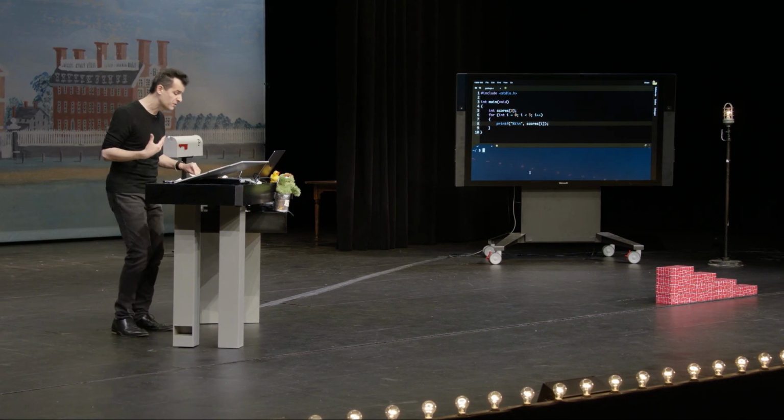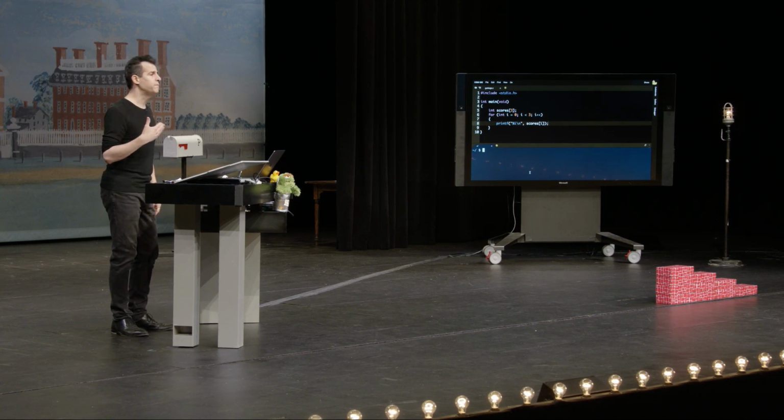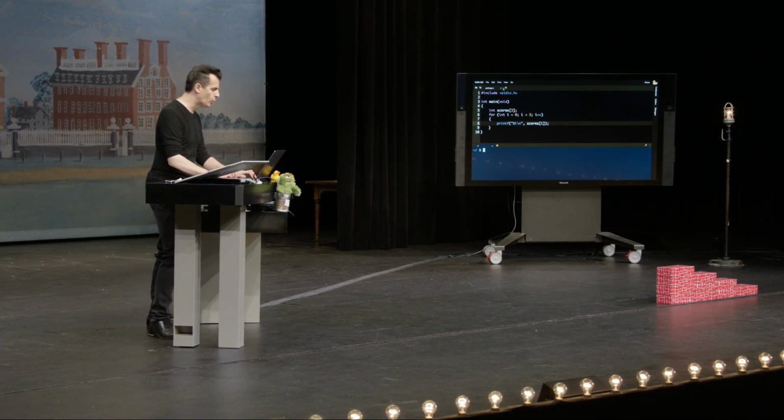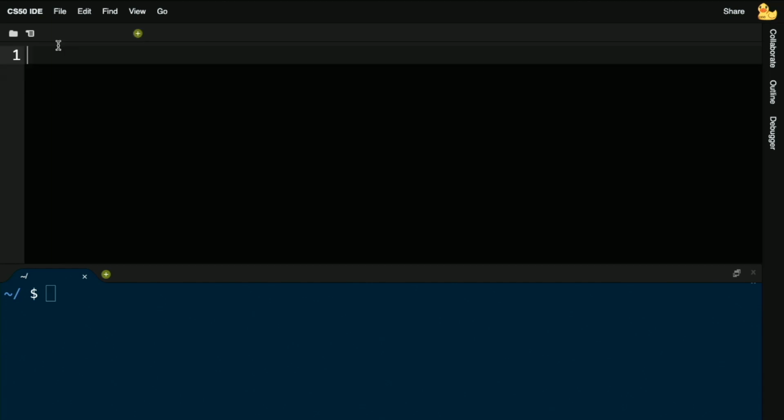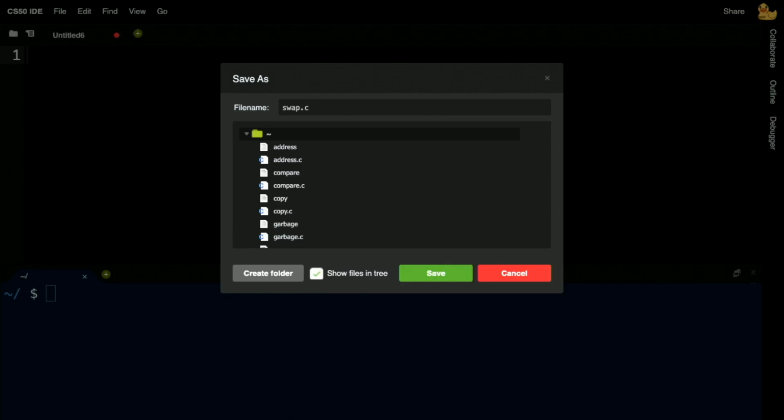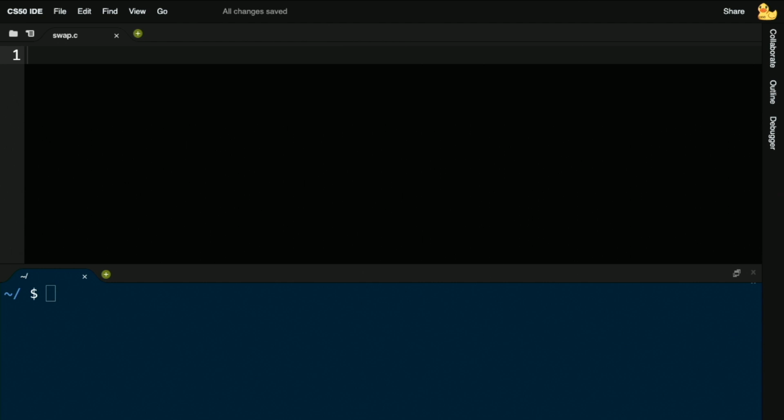All right, well, let's see how this understanding now of memory can lead us to solve problems, but also encounter new types of problems, but problems that we can now hopefully understand. I'm going to go ahead and create a new program here, and recall from last week that it was very common for us to want to swap values. When Brian was doing our sorts for us, whether it was selection sort or bubble sort, there was a lot of swapping going on. And yet we didn't really write any code for those algorithms, and that's fine. But let's consider that very simple primitive of just swapping 2 values.